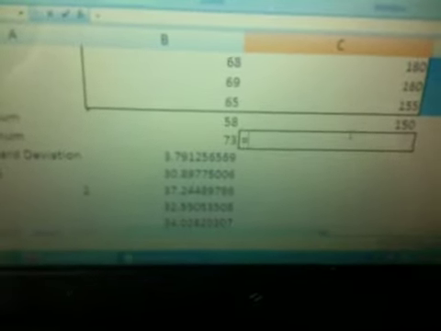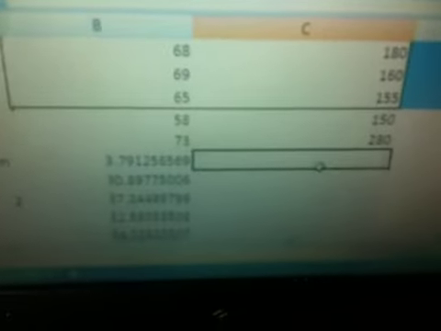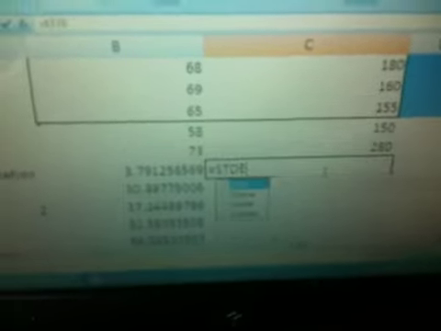Now for max, same thing, equals MAX, open parentheses, that's going to be C3 colon C16, end parentheses, enter. And then standard deviation is equals STDEV, open parentheses, C3 colon C16, close parentheses, enter. And now you're not going to do the BMI